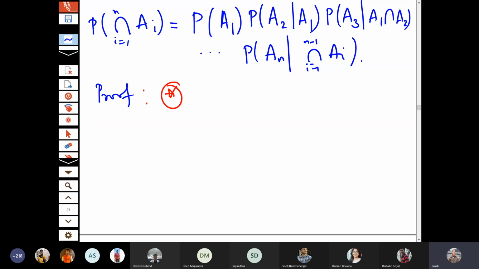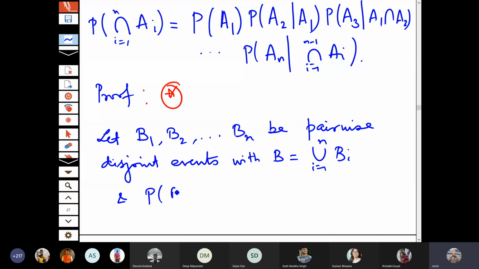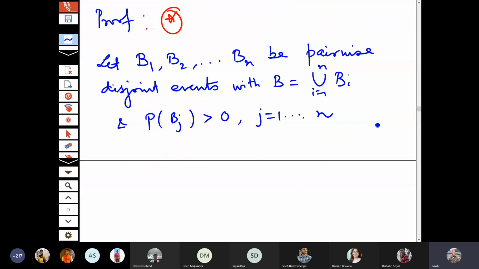So the first one is, let us consider, let B1, B2, and so on be disjoint events, and probability of Bj's are positive. Then